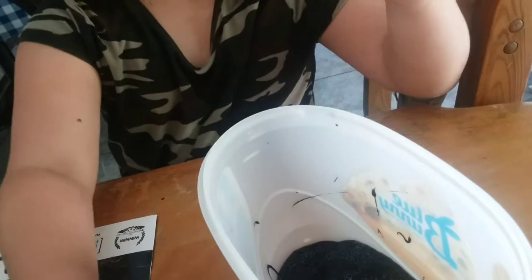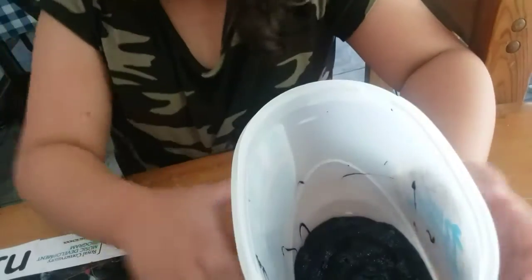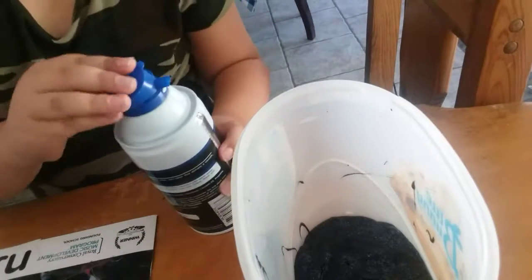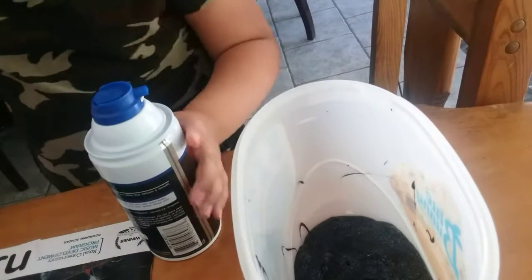After you almost completely use it, now it's time for shaving cream or shaving foam. It wasn't actually the last of it, so we're reusing it. Wait, oh no, I forgot the thing that you need to do. Shake it so it comes out and won't be blocky. Okay, after you shake it,